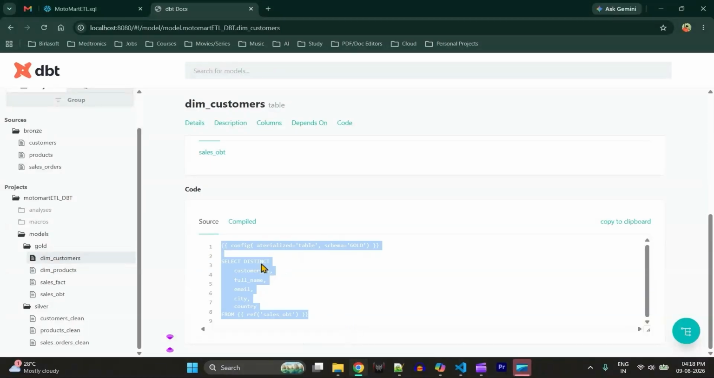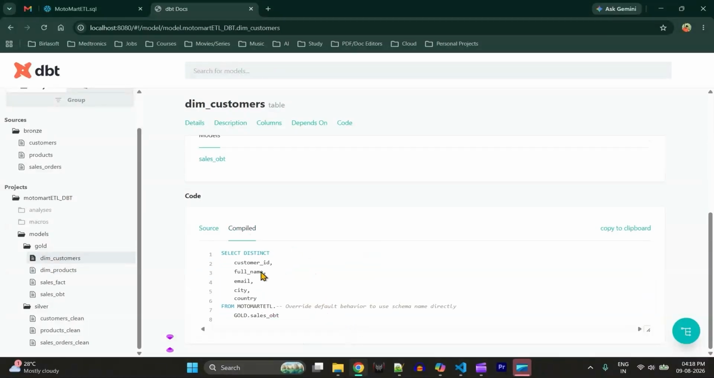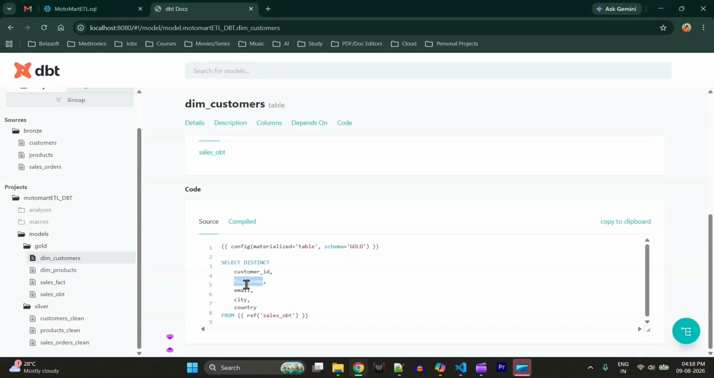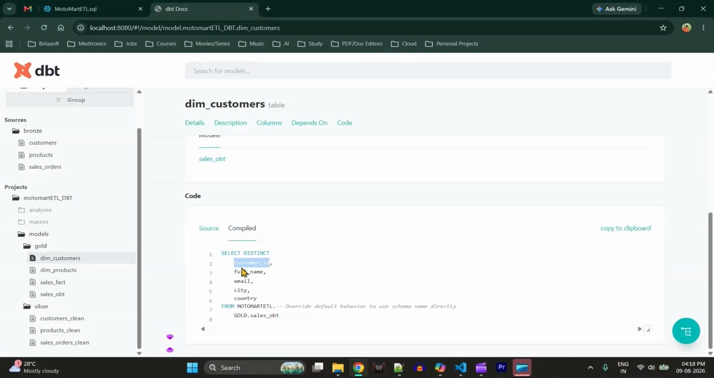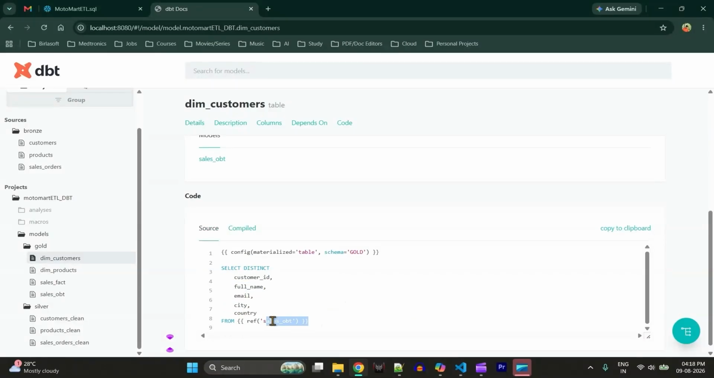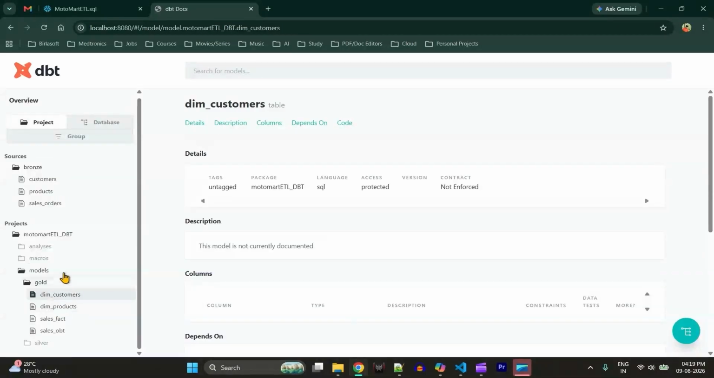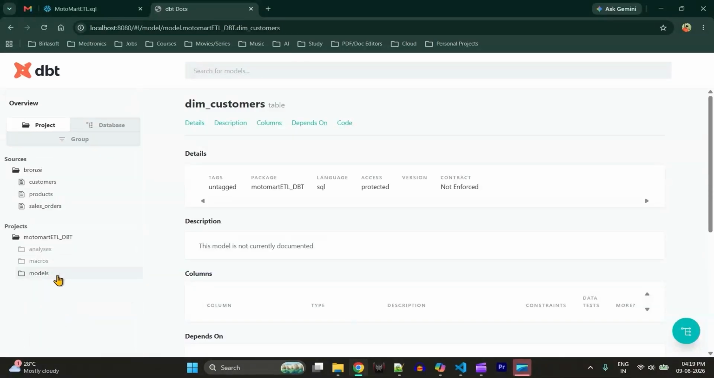And if we see the compiled version of it, this is the compiled one. See, select distinct customer ID, full name, email, city, country, from, and we are referring to a model here, which is called sales OBT. But sales OBT is a table only, right? Sales OBT is a model only. In this way, we have all the models here, all the folder structure, project structure, and this is the